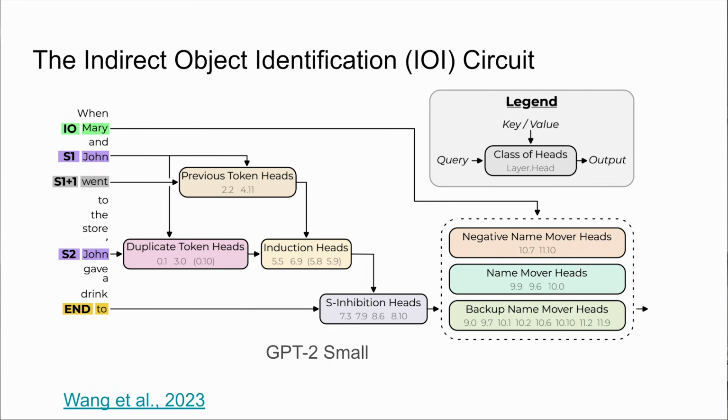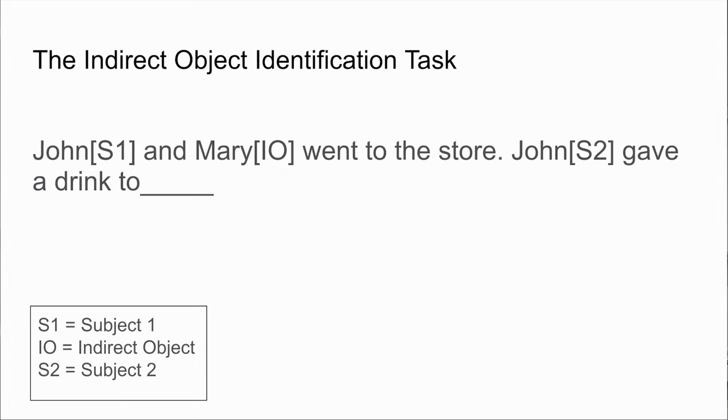So here is the IOI circuit from this paper, Interpretability in the Wild, whose first iteration was in 2022. It's still widely cited and used for toy tasks and such, so I think it's really worth knowing. I'll go through some of these parts, some in more detail than others. But basically the algorithm breaks down into 3 steps.